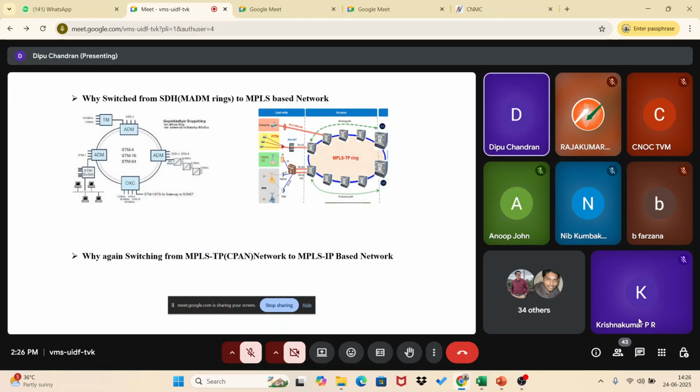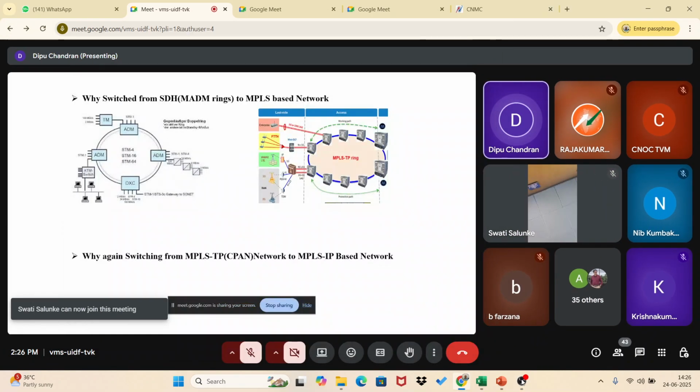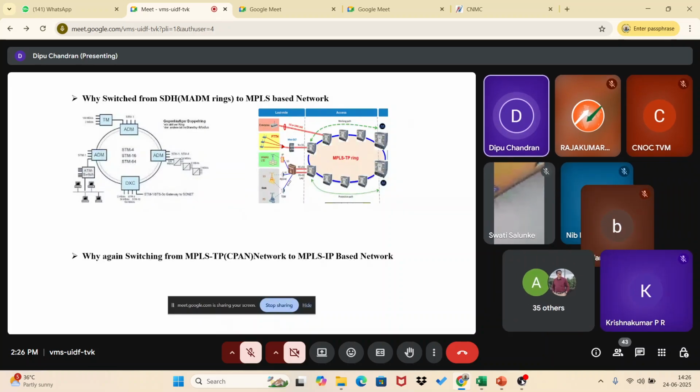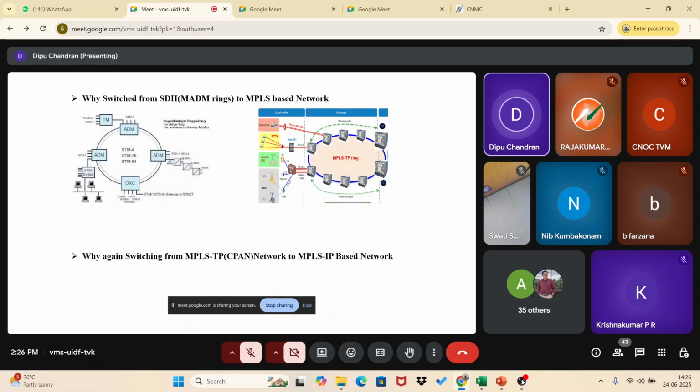So in the transmission scenario, the number of routers will be huge, rather than the NIB core or anything. So when the router number is huge, when routers have to identify another router or where it is placed, the router needs higher processing capacity. So if we were implementing a full MPLS-IP, we would need much better routers than our NIB core routers in transmission. So at that time they curtailed some functions of MPLS-IP.